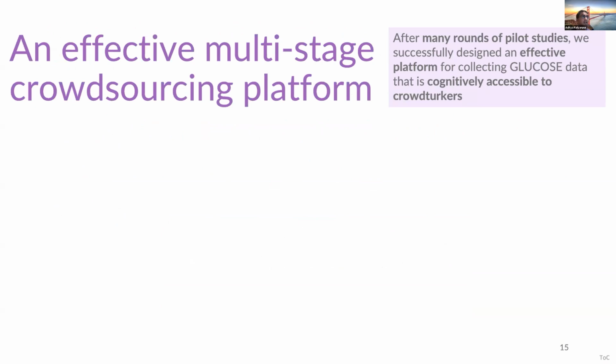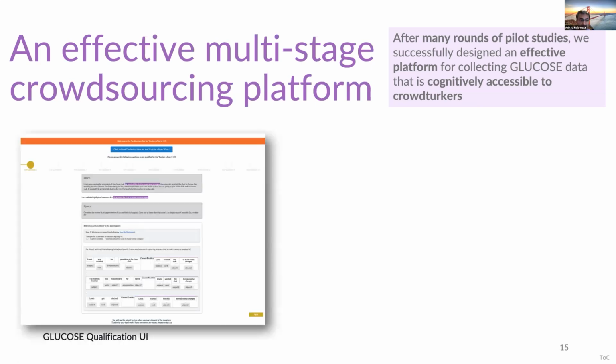We deployed this on Mechanical Turk, and we did, I think, about 6 rounds of pilot studies to come up with a UI that is very accessible to crowd Turkers. And the 3 main steps. The first is we had a qualification UI. So here we had the same task. We gave them a story and a sentence highlighted, and we asked them these causal explanations,